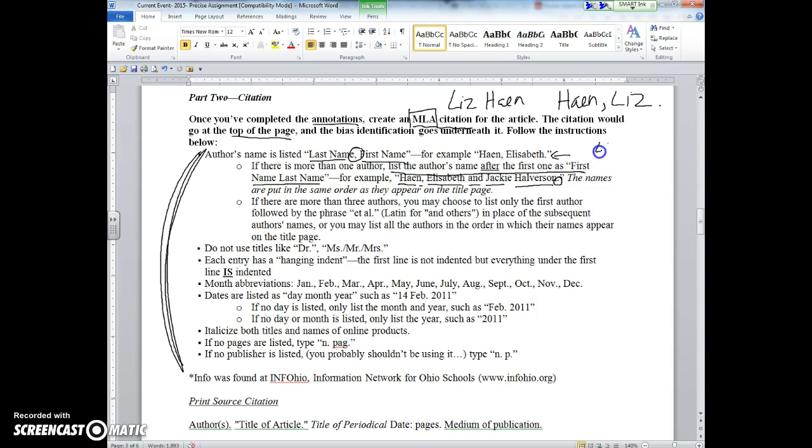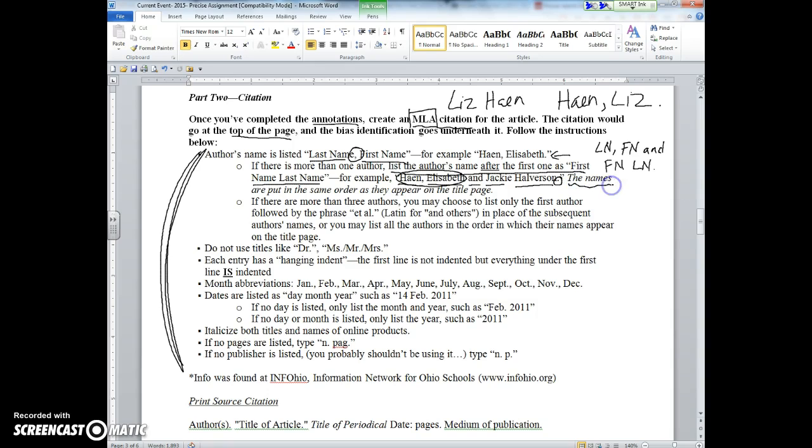Because it goes last name, comma, first name, and first name, last name, period. And the order that you put them in is not alphabetical. They list the authors based on importance or contributions, so whoever's listed first is the biggest contributor to this article, or maybe was the head of it or oversaw most of it. So you don't put them in alphabetical order, you put them in the order that they show up on the page.